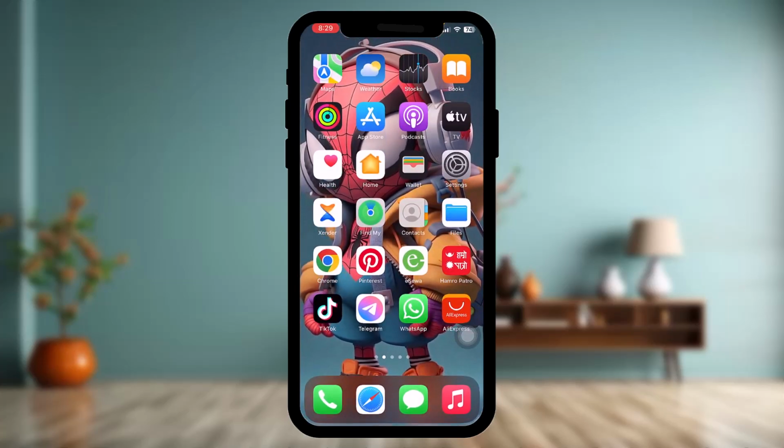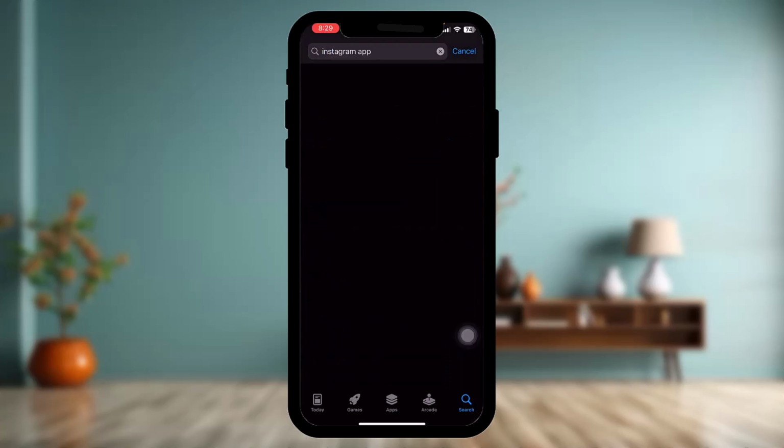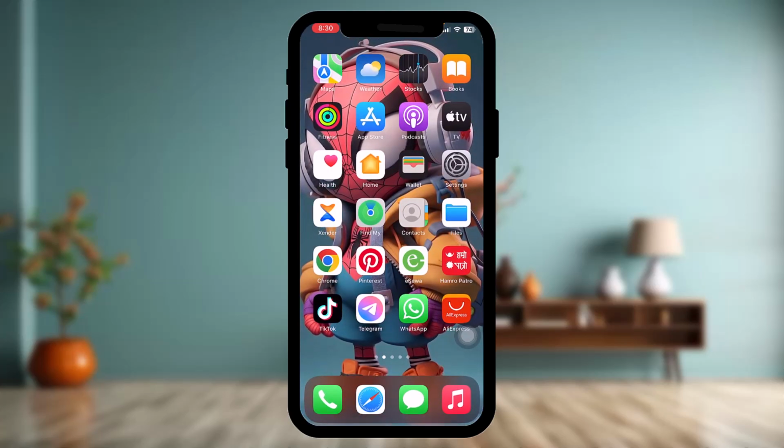If that doesn't fix the issue, then what you can do is just simply go to the App Store, and then on the search bar simply type in Instagram and then tap on Instagram and check to see if the app needs an update. Sometimes the older version also might be causing the issues that you are having. Simply update to the latest version, which contains bug fixes and performance improvements. Now once you're done with that, all you gotta do is try again,